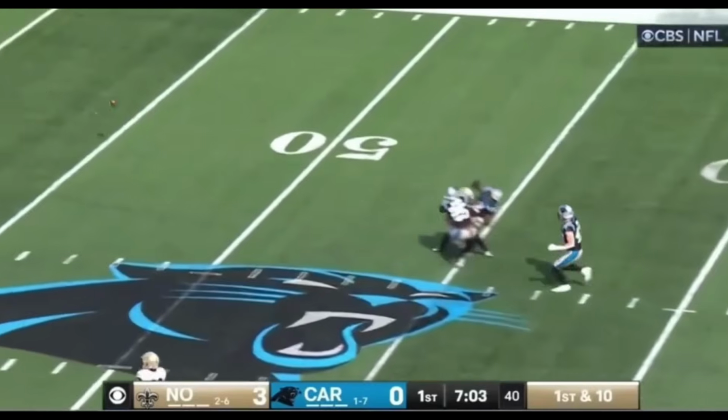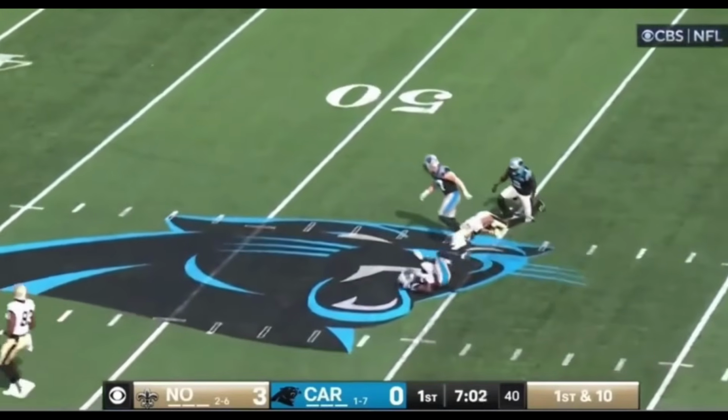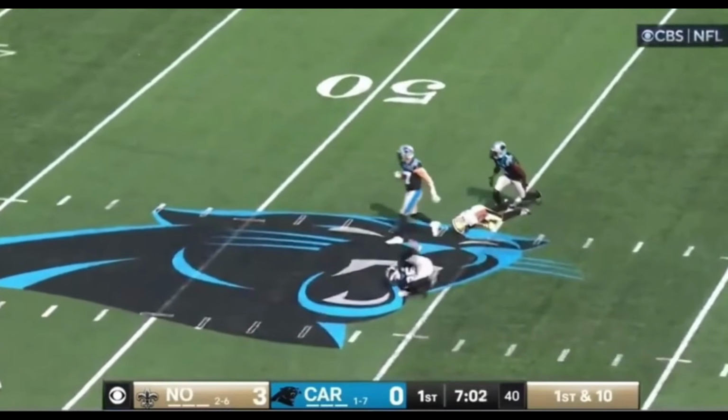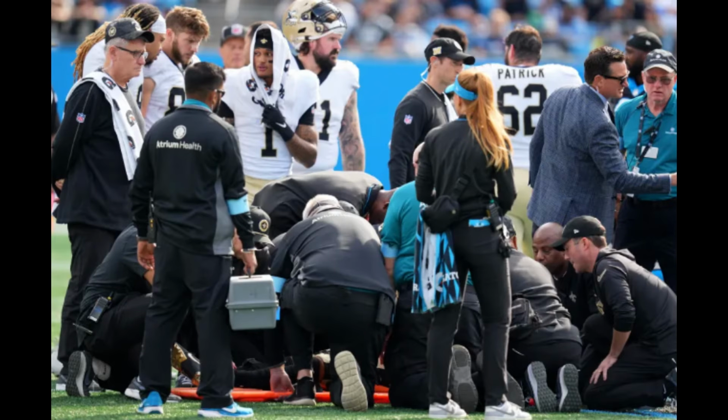Further into the play, Olave lays motionless on the field. He is eventually removed from the playing field here on a spine board and a stretcher. I just want to go over a couple of reasons why that can occur on a play such as this. Obviously, when the athletic trainer and the medical personnel are out on the field attending to Olave, they're going to look at his airway, his breathing, his circulation, assuming that those are normal, unremarkable.